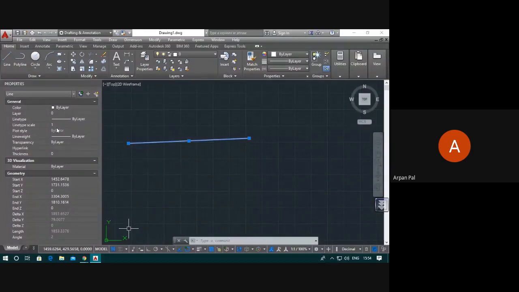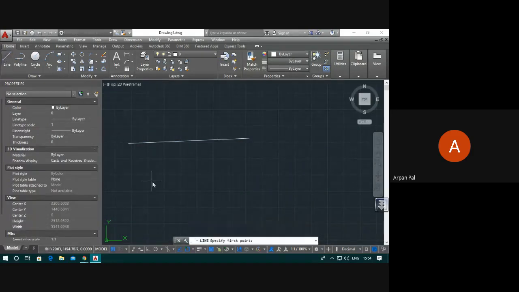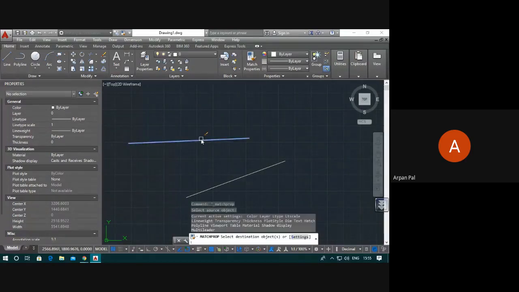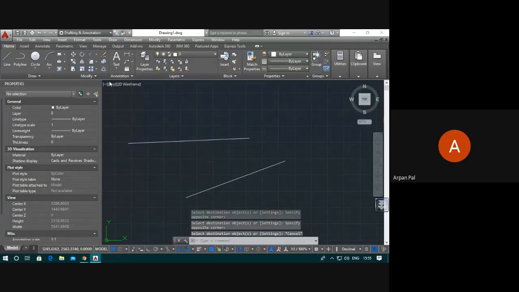Okay. You can control that. And from one line to another line, how to match the properties? Simply the steps are: match properties, click, then select the source object from where you will get the property. Suppose click here and then the destination one. Destination can be multiple, 1, 2, 3, 4, 5, but the source will be a single one.